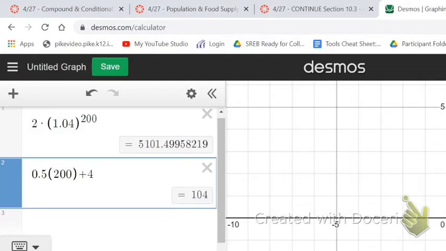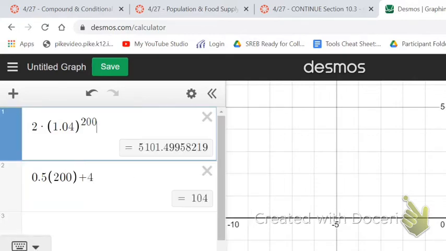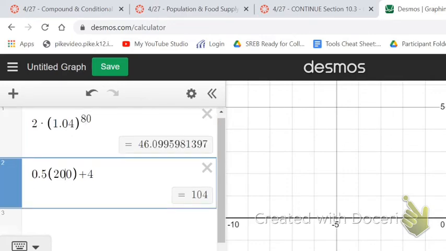They're done for. Can we narrow it down more than that? Yeah. Okay, what should I try? Let's try 80. What do we have here at 80? They have enough food to feed 44 million people, and their population is 46 million. So 2 million people are going to starve.